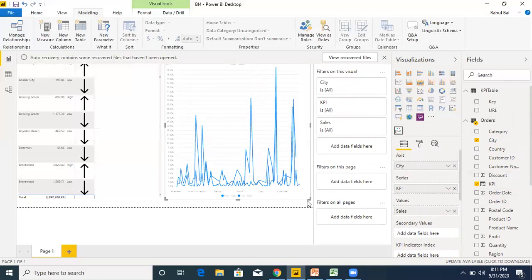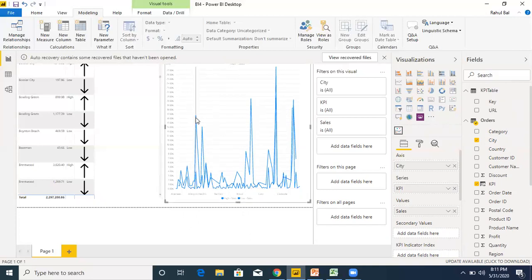If you observe this, there are two sections, high and low. This indicates high sales, this indicates low sales, this is the city name, and here is the sales value.